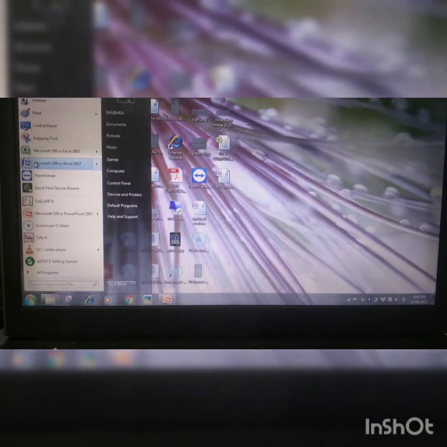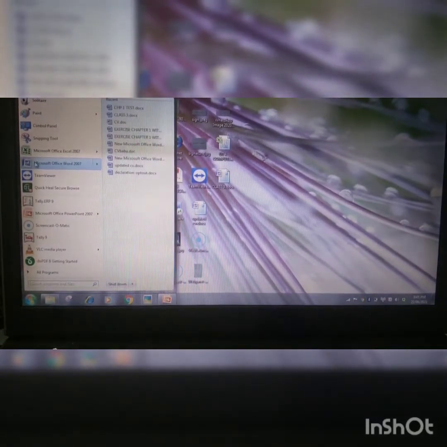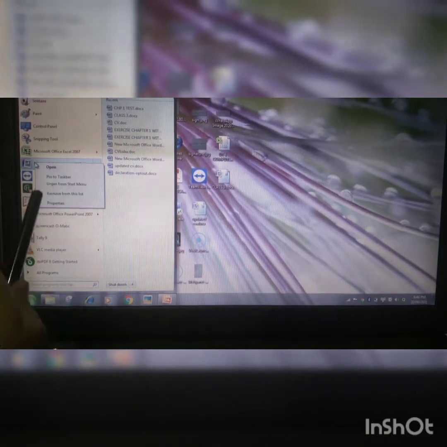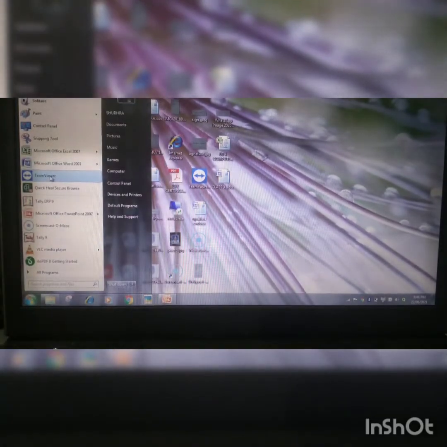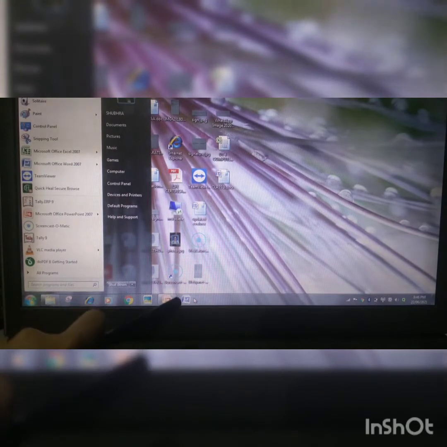So you just right click on the Microsoft Office Word button, and then you are able to see pin to taskbar here. I click on pin to taskbar. Now Microsoft Office Word is pinned here.